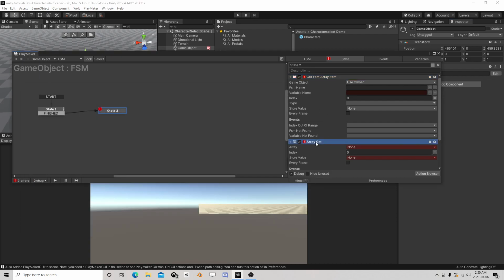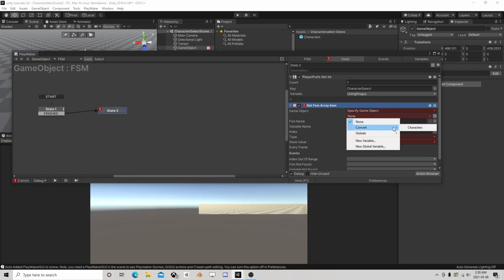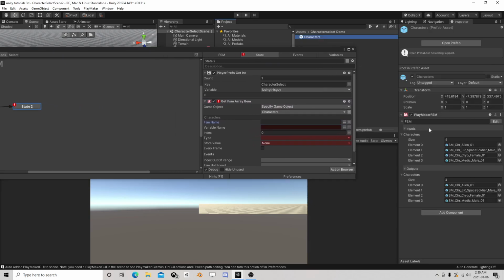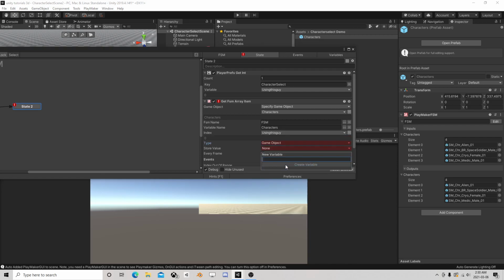That'll work even better. Make sure this is below that or you're going to have issues. So of this guy, we have an FSM named FSM. We have a variable named characters, and the index is we're going to use this guy. Type, he's a game object. We now have a selected,